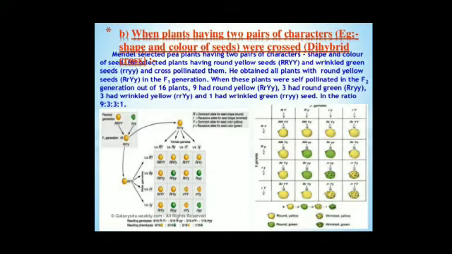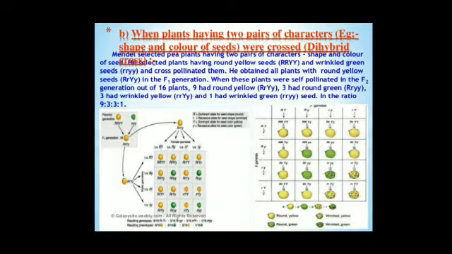Genotypic ratio is 1:2:1 because you can see that there are three different types of gene: capital T, capital T, capital T, small t, and small t, small t. So one parent belongs to the genotype capital T, capital T, and one offspring belongs to the genotype small t, small t, and two belong to capital T, small t. So the genotypic ratio of monohybrid cross is 1:2:1.